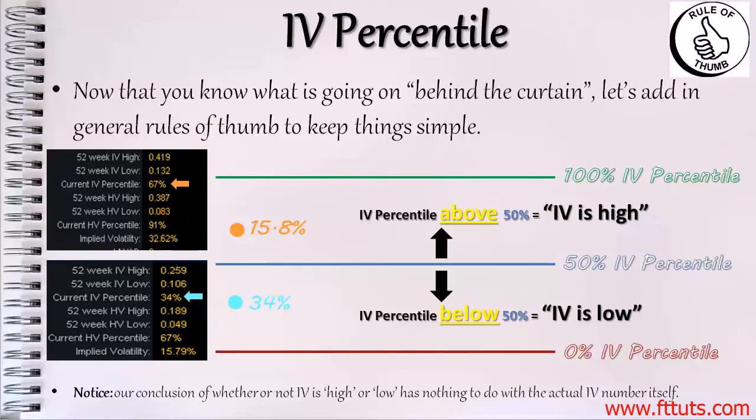And I just want to bring this up again, notice our conclusion of whether or not IV is high or low has nothing to do with the actual IV itself. So I wish I could just do something like this. I don't know if there's a way to turn off these numbers, but you really don't need that. You don't want to look at that, because it's very easy to fall into the trap of saying, oh, wow, that's 130%. And that other one's only 25%. So therefore, the 130% one's got to be bigger. No, not necessarily. So you've got to look at this one, IV percentile,